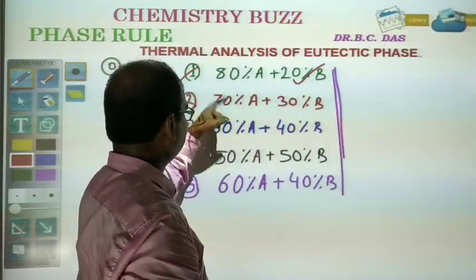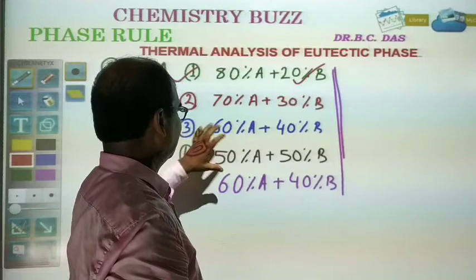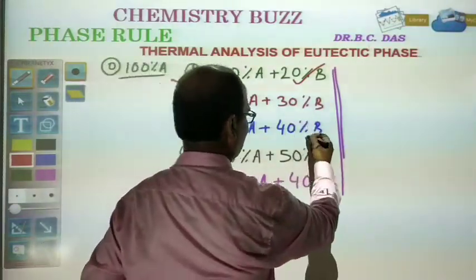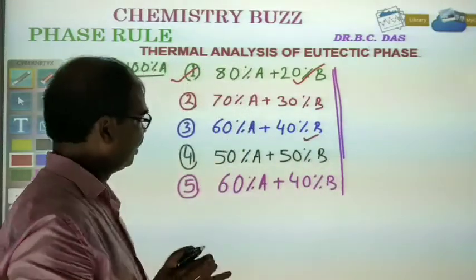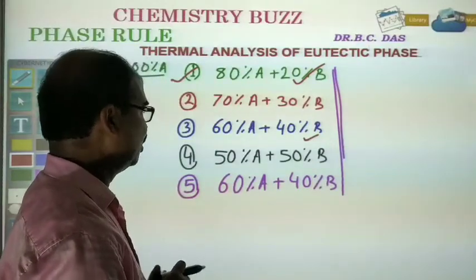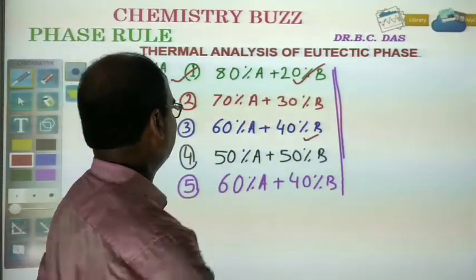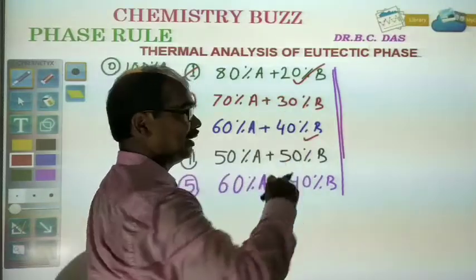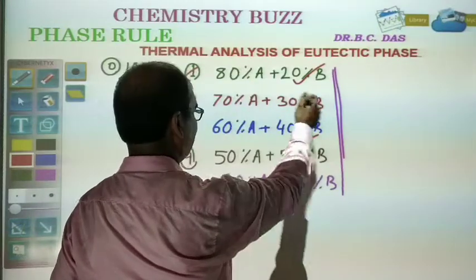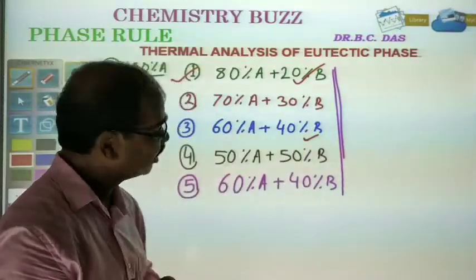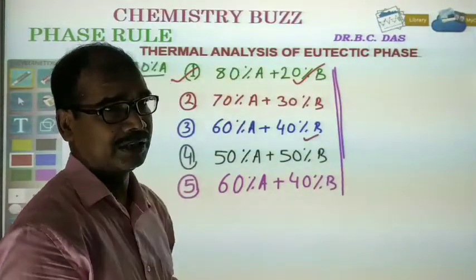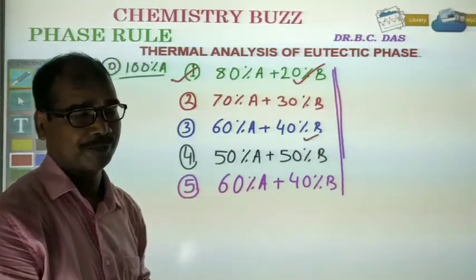Again, after performing the experiment, to the same mixture we add a calculated amount of B in order to get 60% A and 40% B. Otherwise, if you add any amount and calculate the percentage, it will not be 70%, 30% or 60%, 40%. That will be different. This type of percentage helps only in plotting graphs.